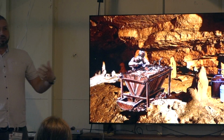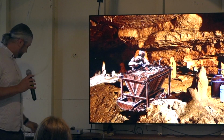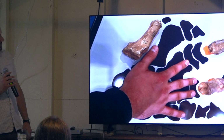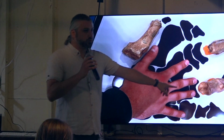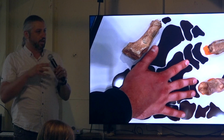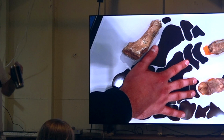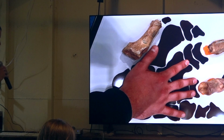So there are these saltpeter miners. We don't know their names. Their names have been lost to history, unfortunately. But they find this thing they can't really understand. They find these couple of bones, and they know enough to know that these look like they're from the hand of some animal. So they give the bones to the guy who owned the land. And the guy who owned the land